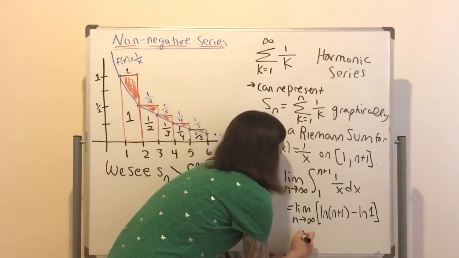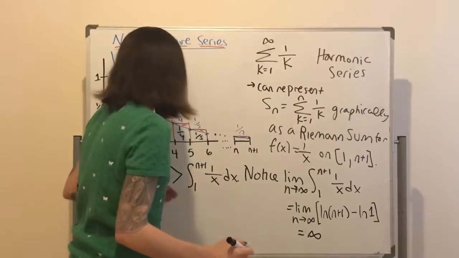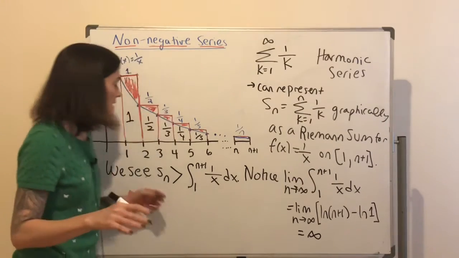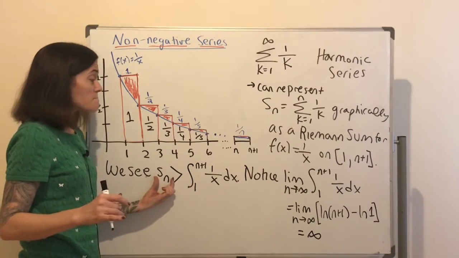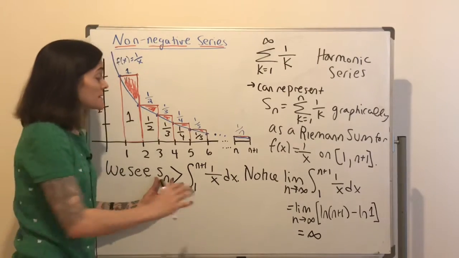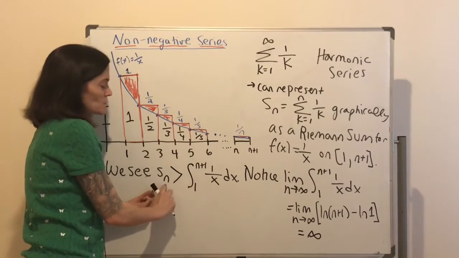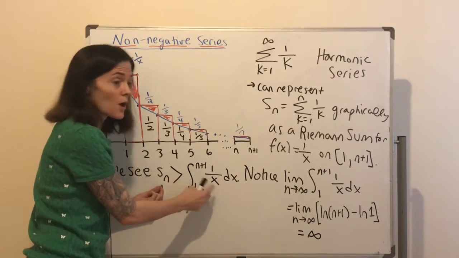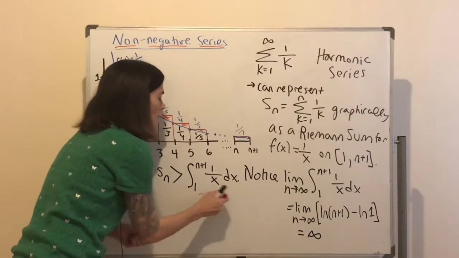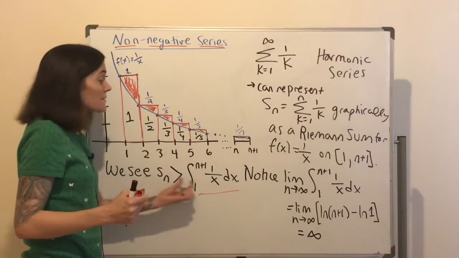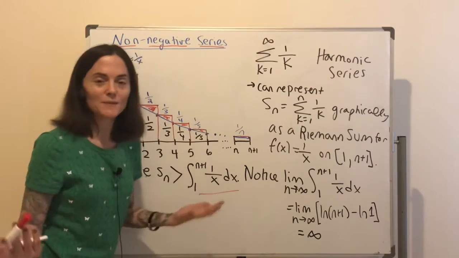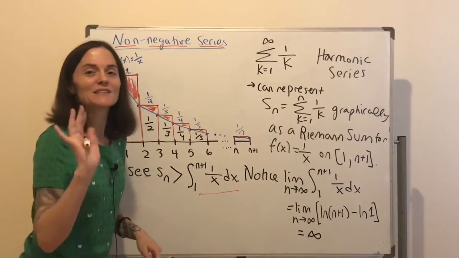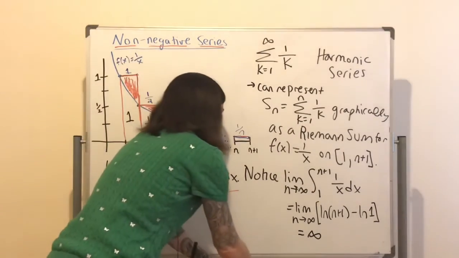So this is infinite. Now let's go back to think about the partial sum of my series. Sn is bigger than something that, with respect to n, is growing without bound. We're bigger than something growing without bound. What can possibly happen? If you're bigger than something growing without bound, going to infinity is the only option. So we can conclude here